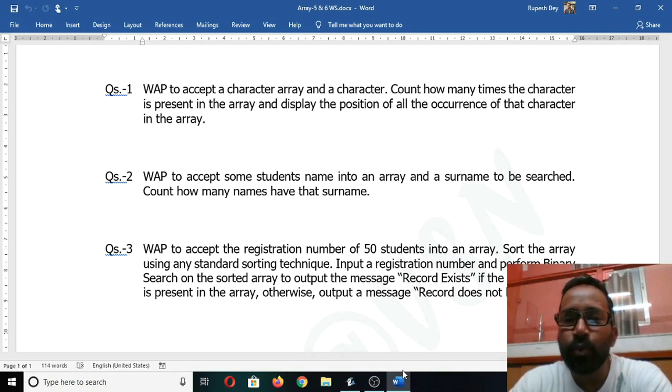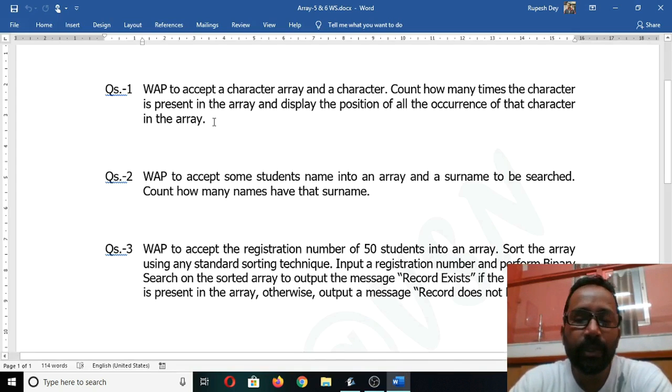So in our last two classes, you got three array programs as your homework. The programs were very easy, so hope you all have solved the problems. Now I will do the programs one after another, explaining the logic and steps. So you check your programs. This was our homework. So first we will solve this first program.